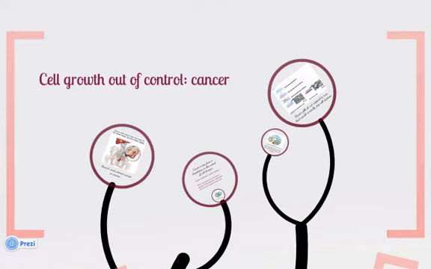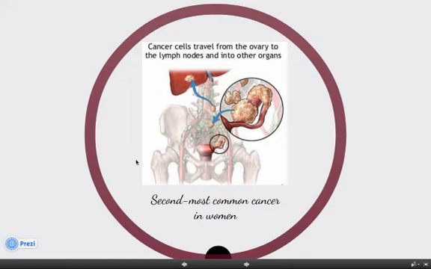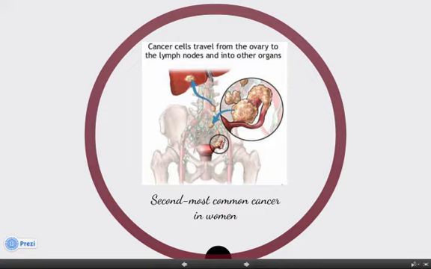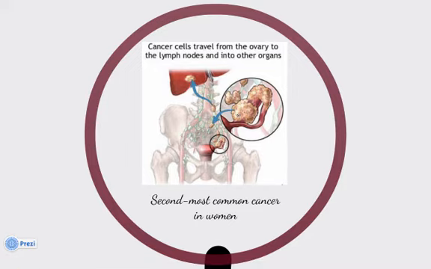And this leads us to the second part of the talk, which relates to section 12.3 in your textbook, which is about cell growth and the control of cell growth. One of the most deadly cancers for women happens in her gonads, in her reproductive system. Ovarian cancer. Here is the ovary, and what we see is the overgrowth of ovarian cells. Some of them are thought to be just epithelial cells, but there's some evidence that cells from the fallopian tube in women can also become oncogenic or cancerous. It's the second most common cancer in women,